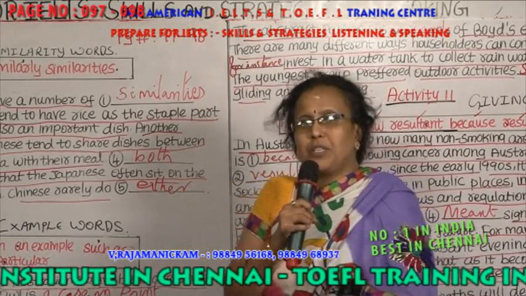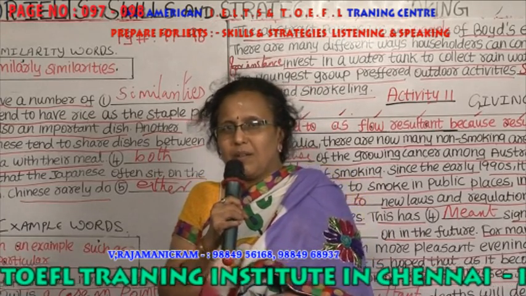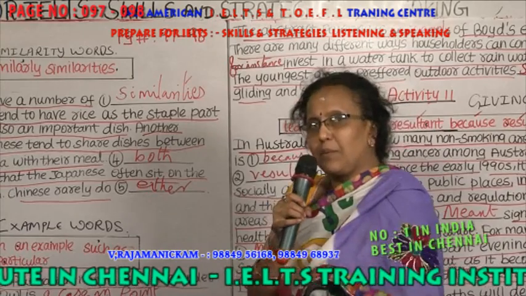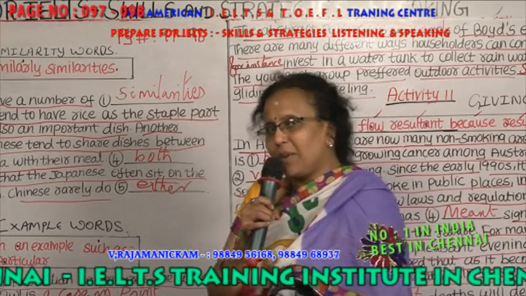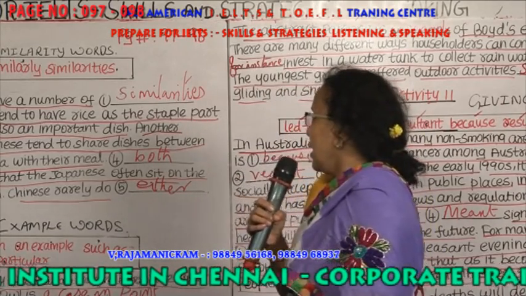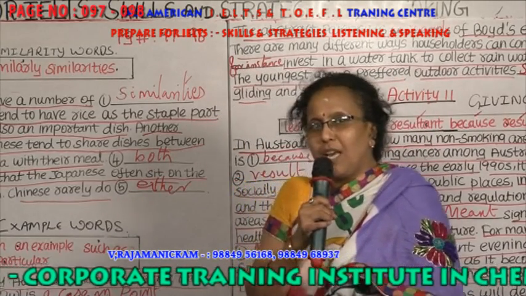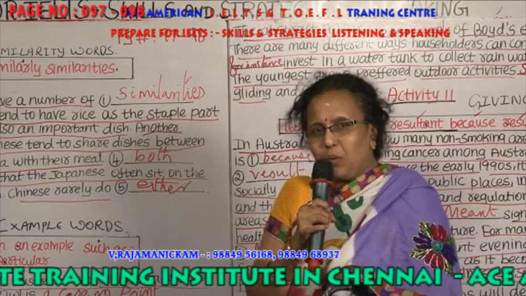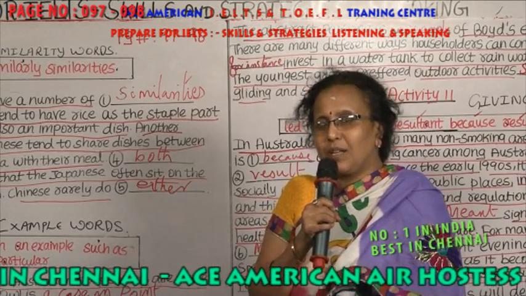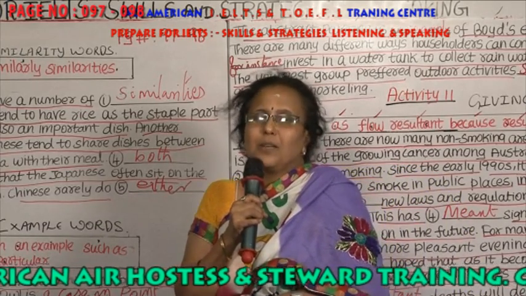how we are going to put it in a presentation. The literary writing has to be put in a proper skill, as spoken language is different from written language. And we are emphasizing similar words, similarities between Chinese and Japanese culture. Here, according to this, Chinese and Japanese eat meals. The number of meals is basic. Chinese and Japanese culture, most of Asian food carries more of rice and noodles, and the attitude is the same, but they eat in a different way. So that's the reason we have to break all these ideas into writing skills, where I can improve my writing and get good marks in the exams.